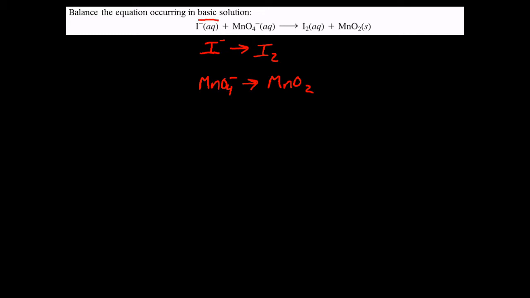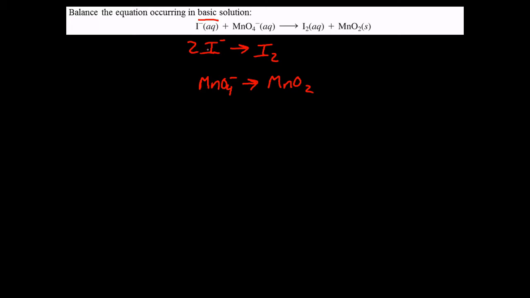And notice here, this is in basic solution, but like I said, we're going to do everything exactly the same until the very end. When we get to the end, we will add OH minus if we have H plus in our balanced chemical equation, which we will. So in this first half reaction, we don't have the iodines balanced, so we're going to add 2 there to get the iodines balanced. No need to balance oxygen or hydrogen. The only thing that needs balancing is the